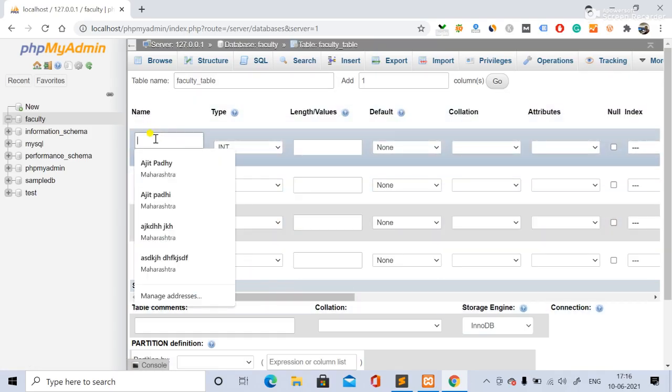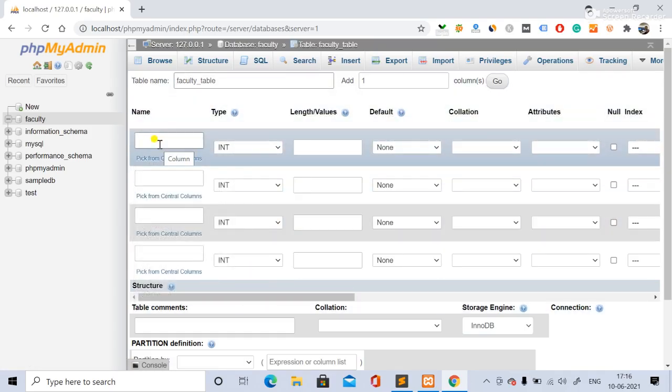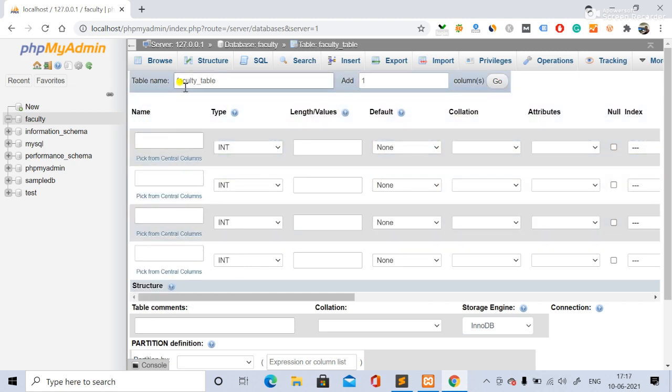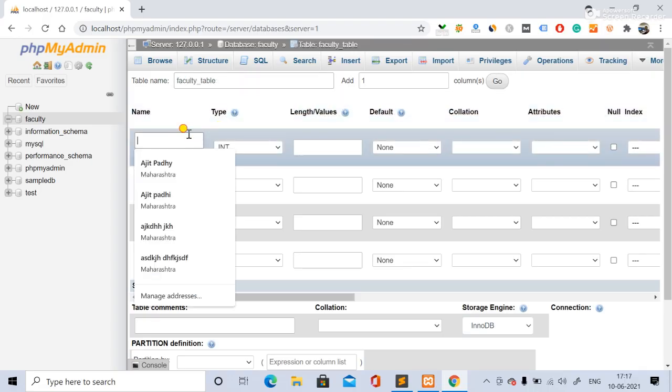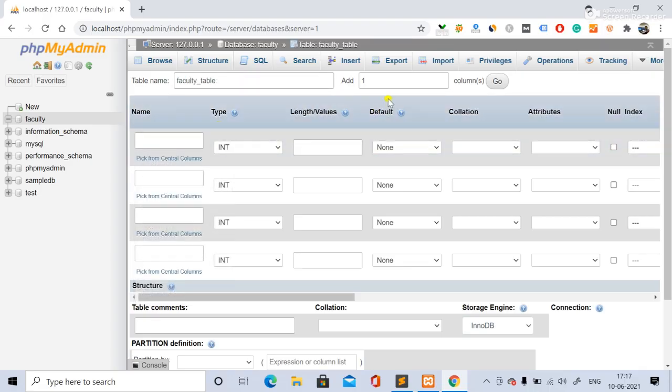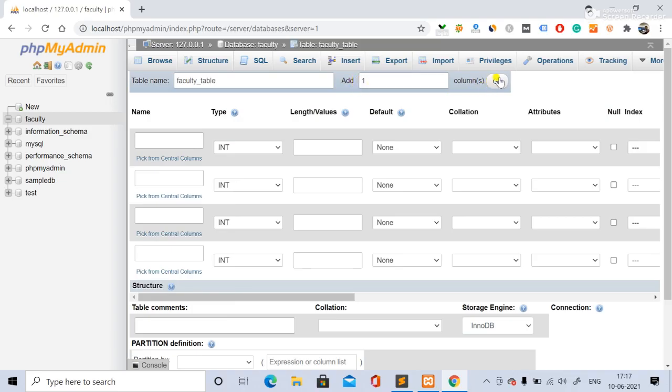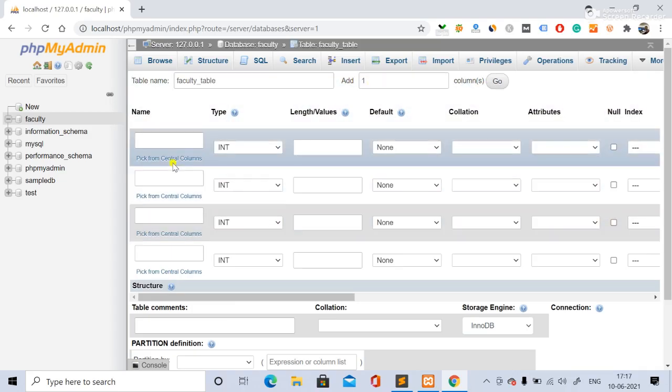First of all you have to give the column names. This is the table name, right? And inside you have to insert the column names, and see over here it is showing add one column. If you click on go, then one more column will be added.